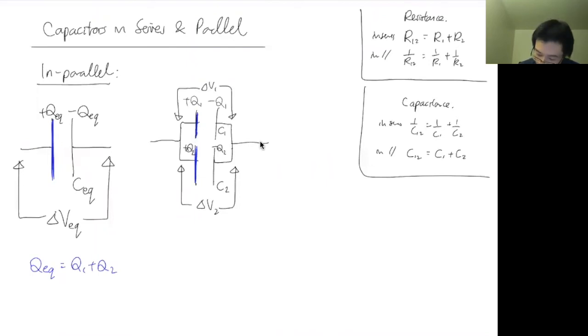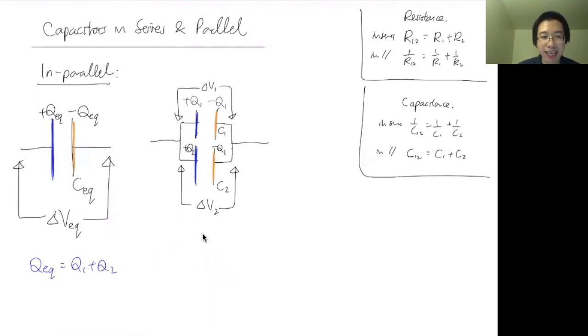And on the orange side, what is the equation we can set up? We can set up minus QEQ equals minus Q1 plus minus Q2, right? So I can cancel out the minus signs, which basically gives me the same equation. So that's redundant information, but it's good to check. There's nothing new, so maybe let me erase this. It's not that important, but you can compare and double check that everything is good.